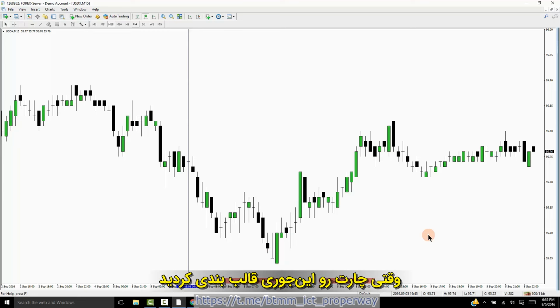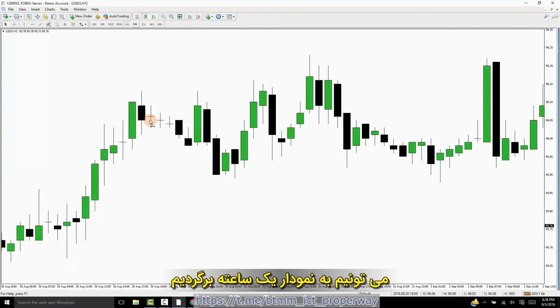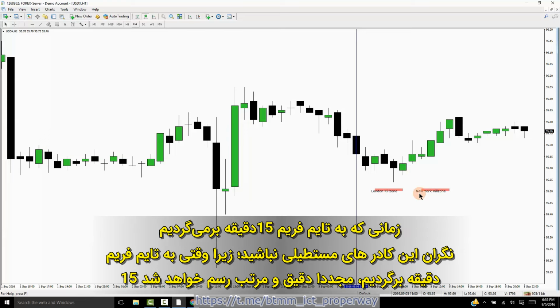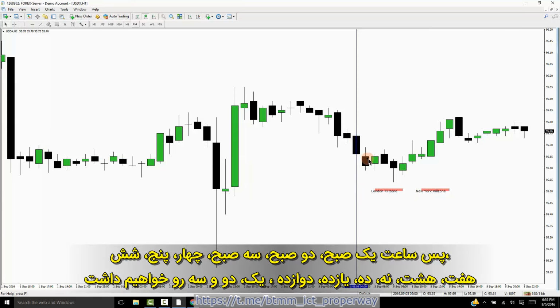Once you have this framed like this, okay, we can go back out to an hourly chart. Okay, don't worry about this being off, because when we go back down into a 15-minute time frame, it'll get neat and orderly all over again. So we have midnight here. So this starts the day. So we have 1 o'clock in the morning, 2, 3, 4, 5, 6, 7, 8, 9, 10, 11, 12, 1,